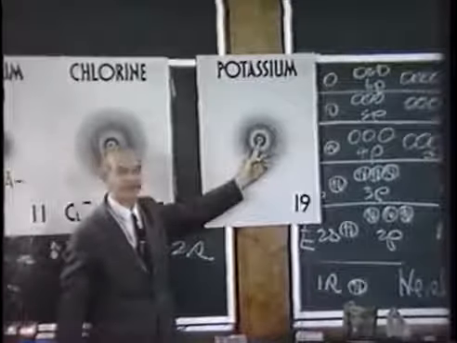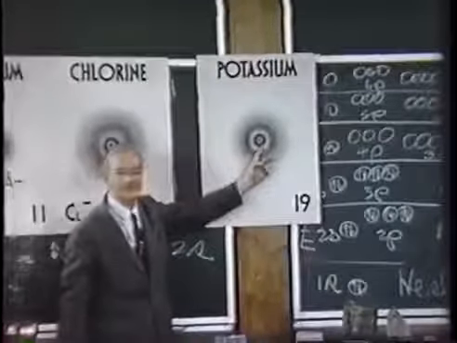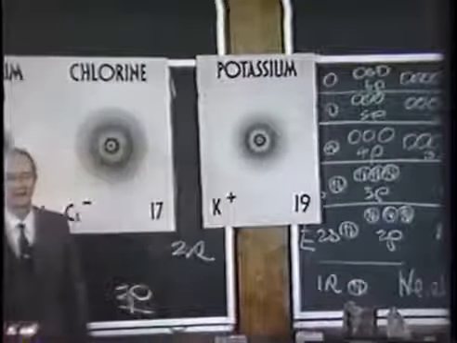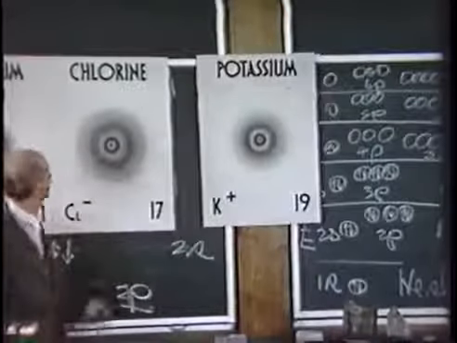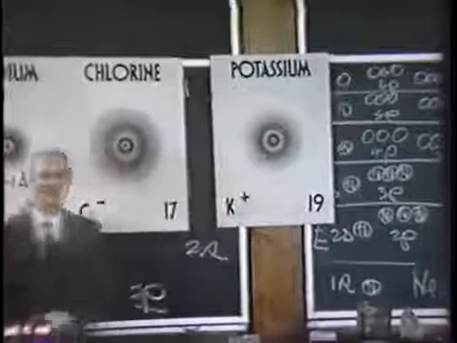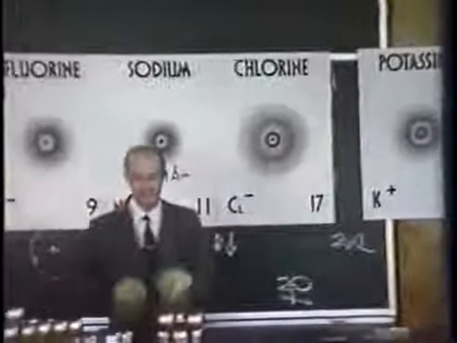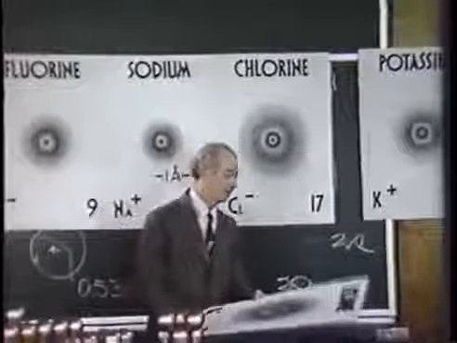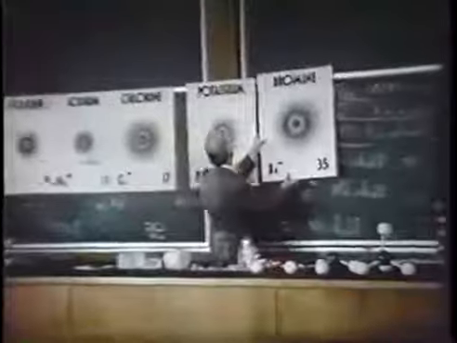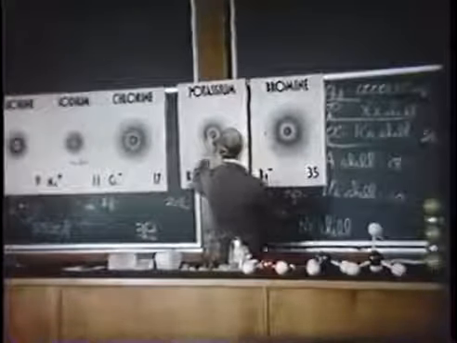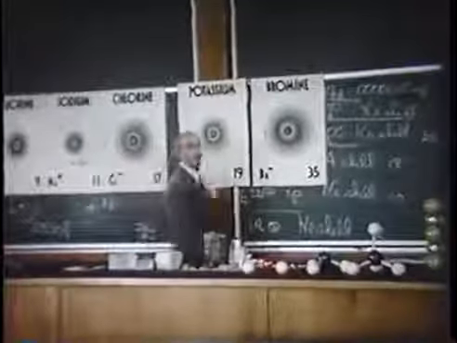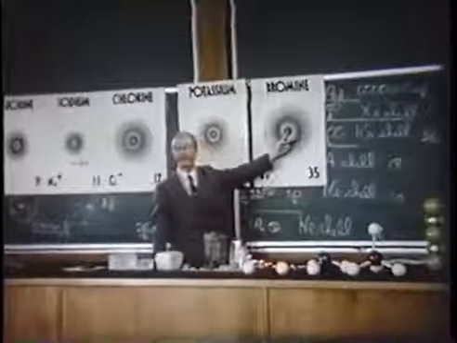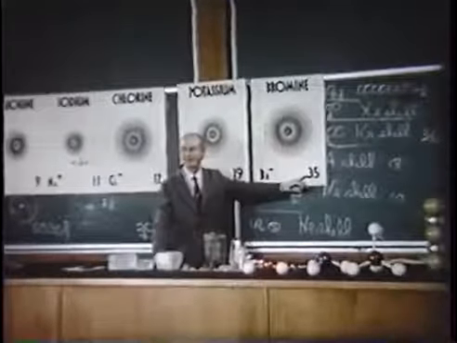The 2 innermost electrons have shrunk in a bit. The 8 electrons of the neon shell have shrunk a bit, and the 8 electrons of the argon shell have shrunk in a bit. It is evident that we would expect the radius, the effective size of the potassium ion, to be somewhat less than that of the chloride ion. Their dimensions are potassium, I think, 1.33 angstrom, chlorine 1.81 angstrom.